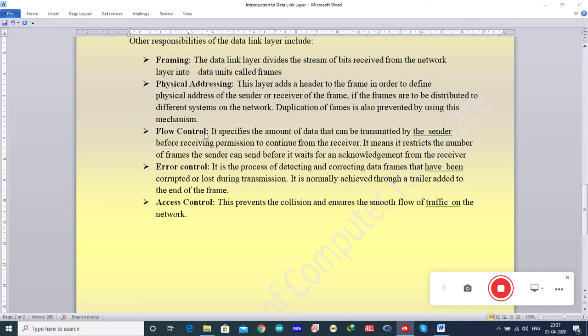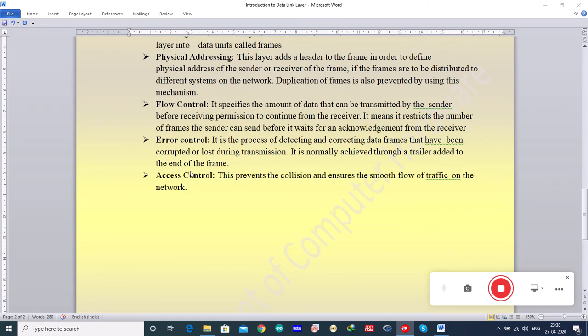Means the sender has to wait for the acknowledgement from the receiver. Otherwise, the receiver may not receive, or the data can be lost or corrupted, or the receiver may not be in a position to receive the data. So once the receiver sends acknowledgement, then only the sender has to send the data. That is flow control.